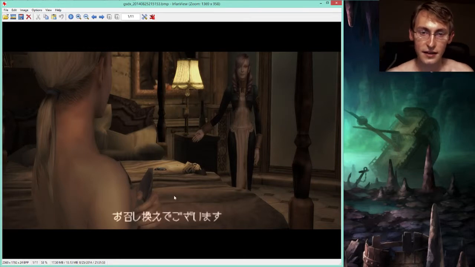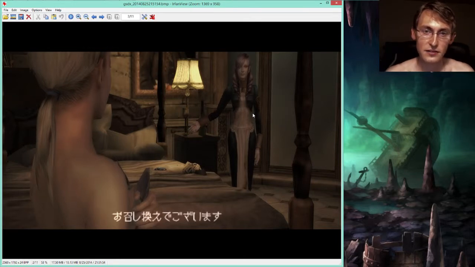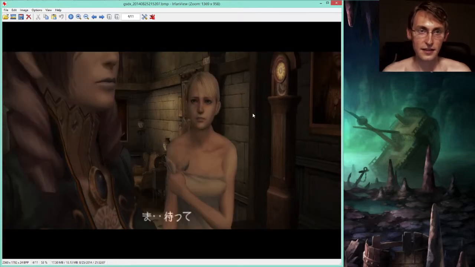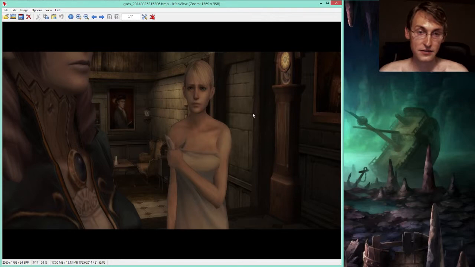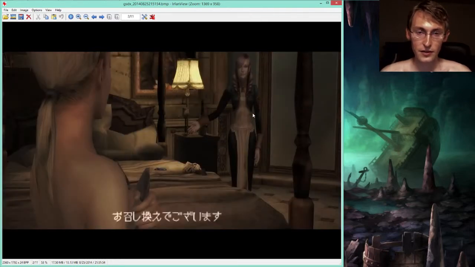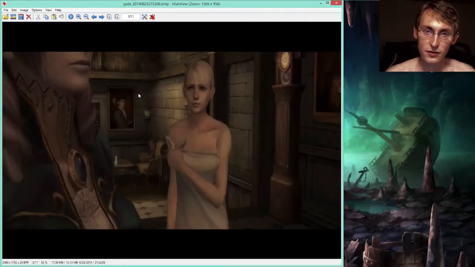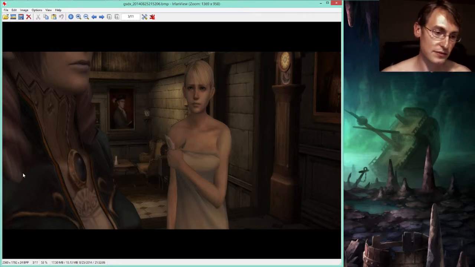is that, as you can see, the images look very tall and skinny. And if this was not hacked for widescreen, it would probably look okay. But at 4x native resolution, you're going to get screenshots that are 2560 by 1792,